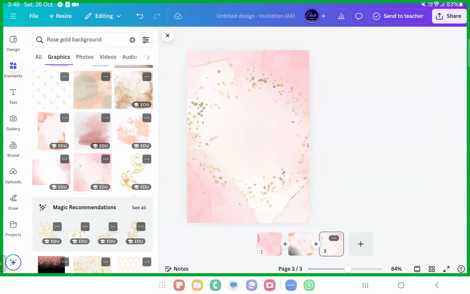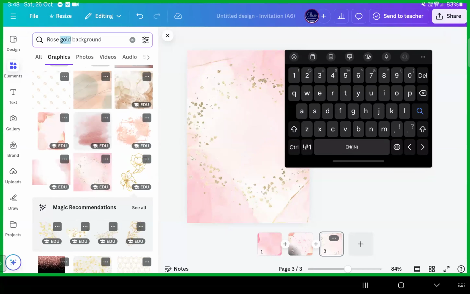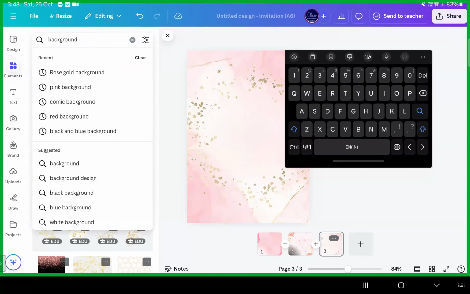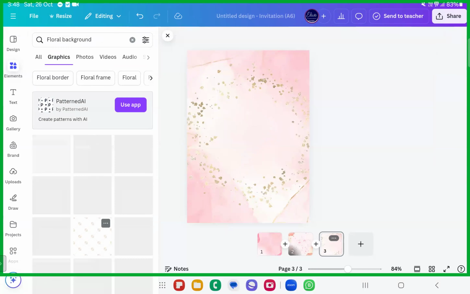I want you all to write these things down anywhere in your book or notes, please, so that you can remember the aspects being taught here. Pink backgrounds you can go ahead with, or the floral backgrounds. Just go ahead with floral backgrounds and see how beautiful it will look.